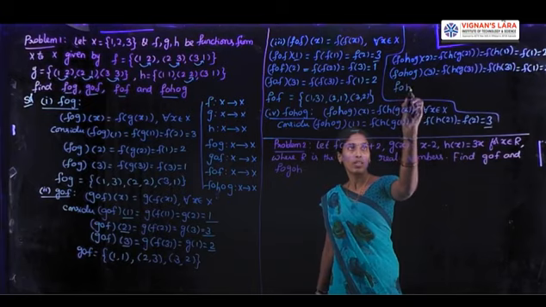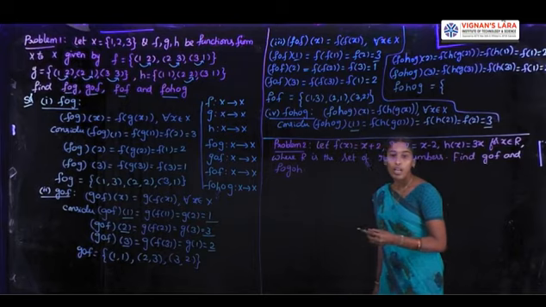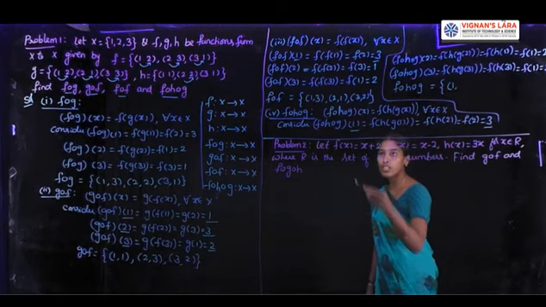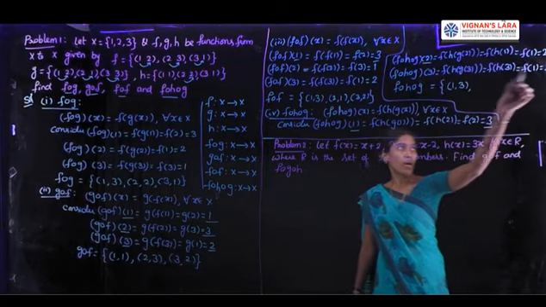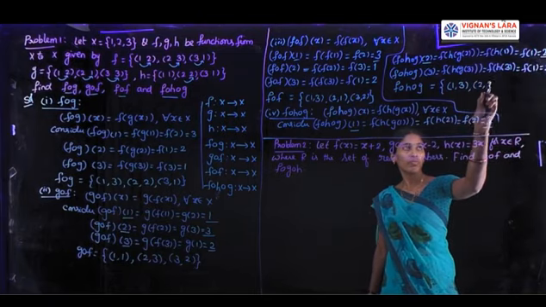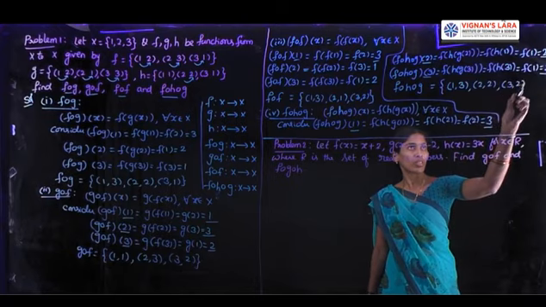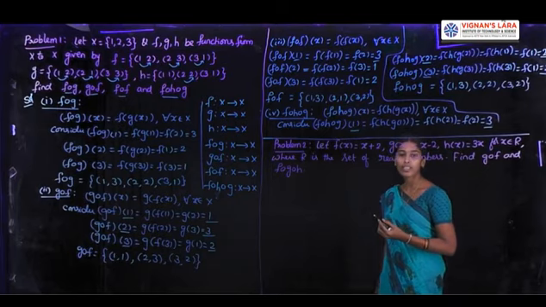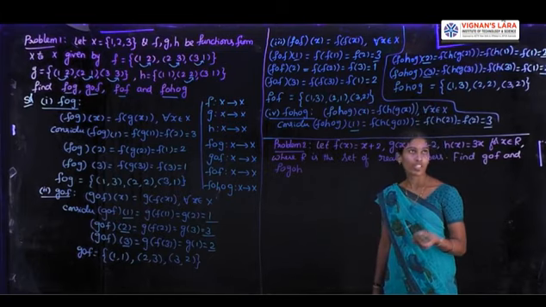Now we write the values of F circle H circle G as a set of ordered pairs. 1 is mapped under the relation F circle H circle G to 3. Next, 2 is mapped to 2. Then 3 is also mapped to 2. Right? This is the way of calculating F circle H circle G, which is the composition of 3 functions. Here F circle H circle G is also a function, no doubt.